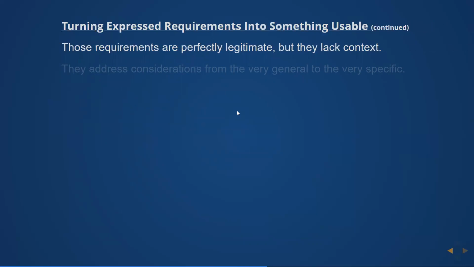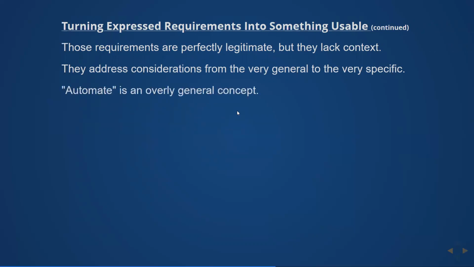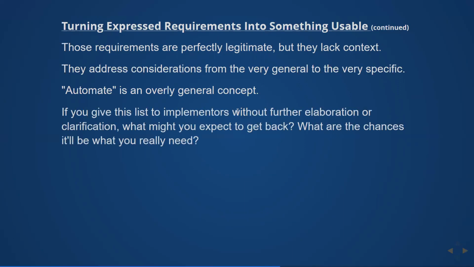And then the first one says automate certain things, and that's too general. There's a lot of information needed to actually automate something. If I gave that list to an implementer or a group of implementers, which in this case might mean IT people or what have you,